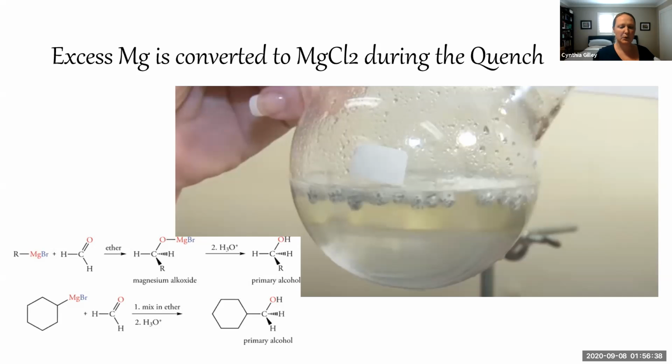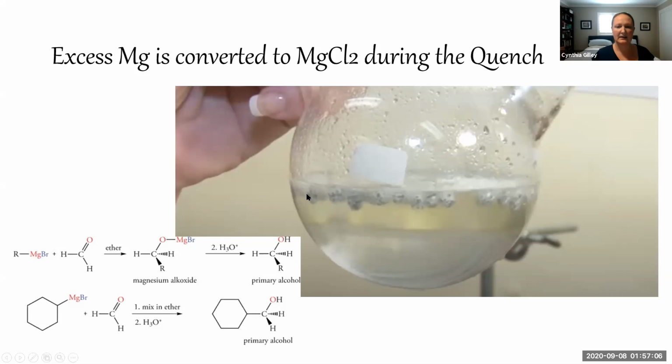The second important function, and it's the reason why oftentimes aqueous acid is added instead of just water, is to react with the excess magnesium metal in the reaction. You can see all of the magnesium turnings that remain at the end of the reaction, and we need to get rid of those because we don't want to isolate them or care about the magnesium after the reaction has